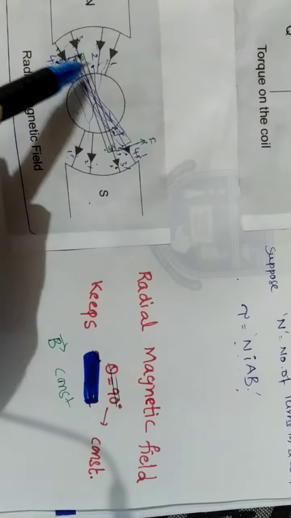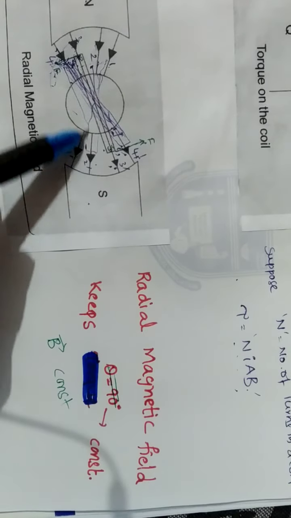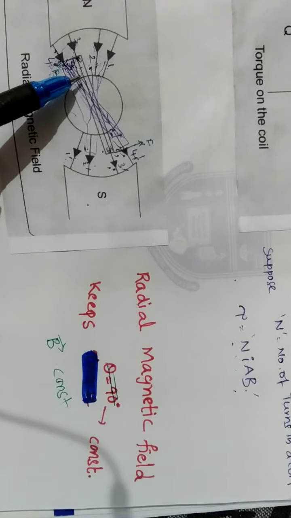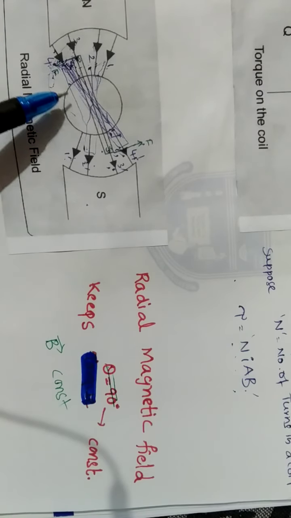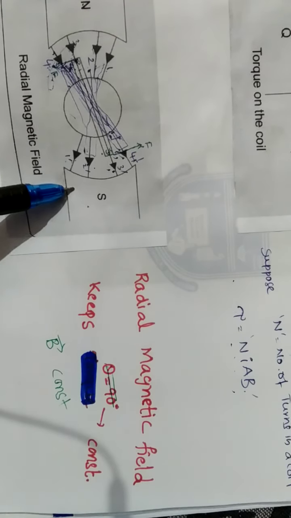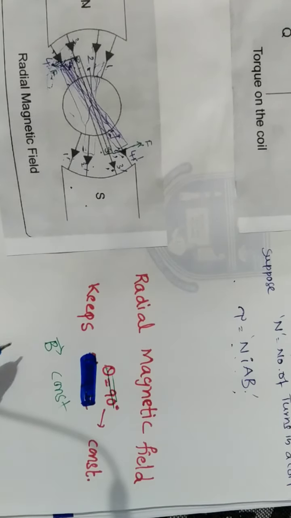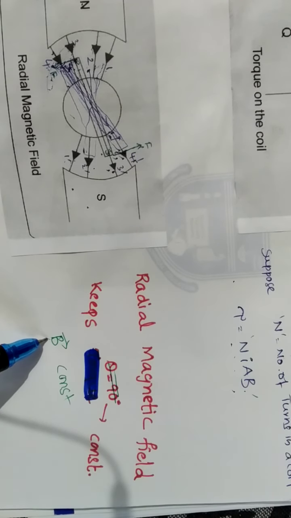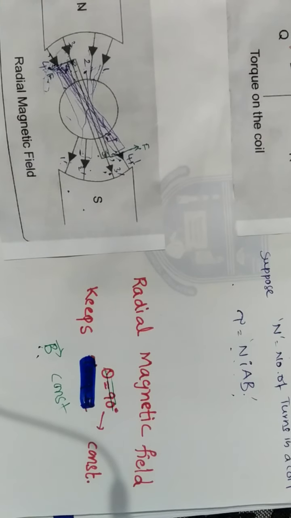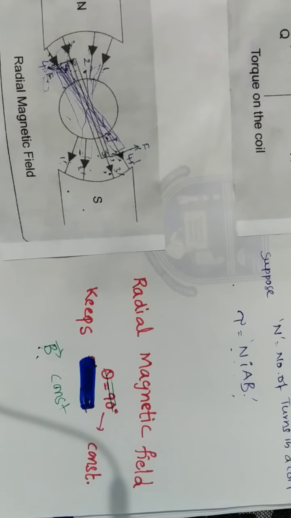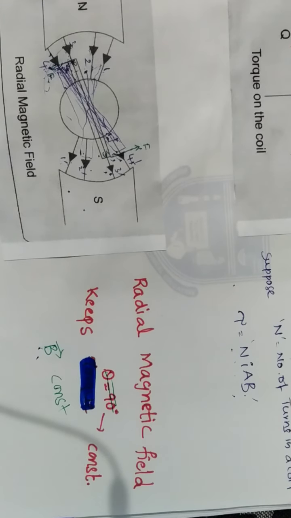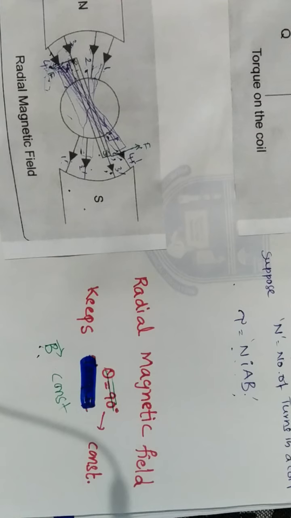If you turn the coil like this also, another line, 2 dash, passes along the breadth of the coil. So when I say it is passing along the breadth of the coil, it means it is parallel to the plane of the coil, right? So having this radial magnetic field creates a magnetic field of constant magnitude as well as constant direction. So in the next video we'll learn about the moving coil galvanometer, and all the things in this video are very important to understand the moving coil galvanometer.